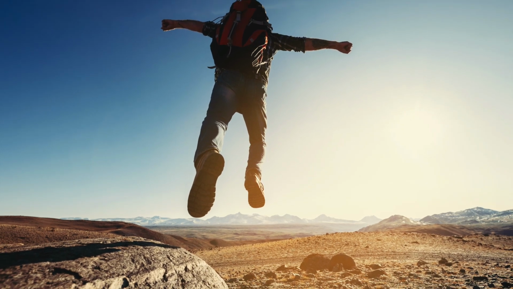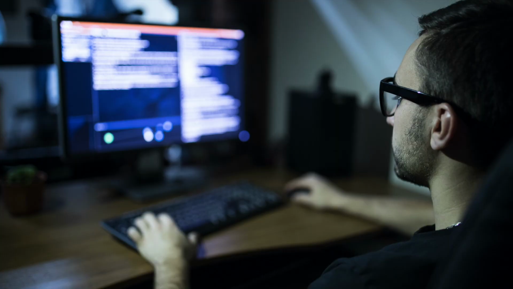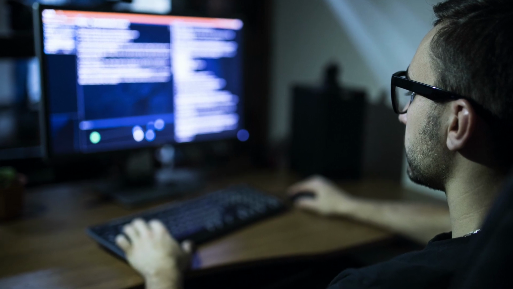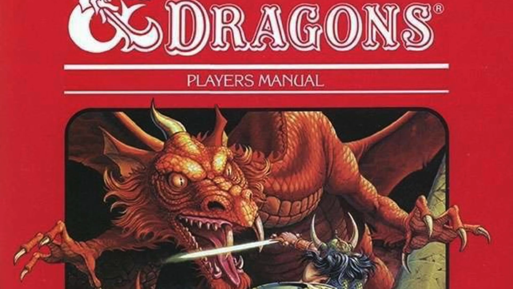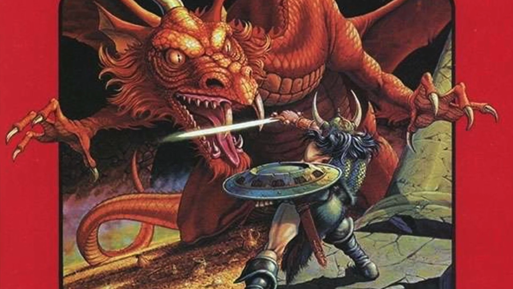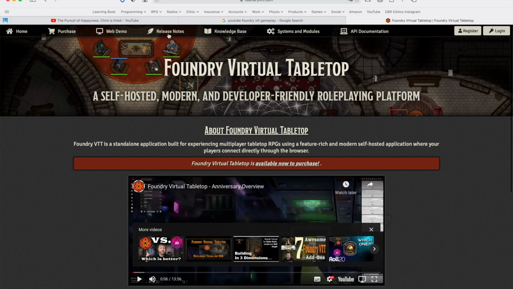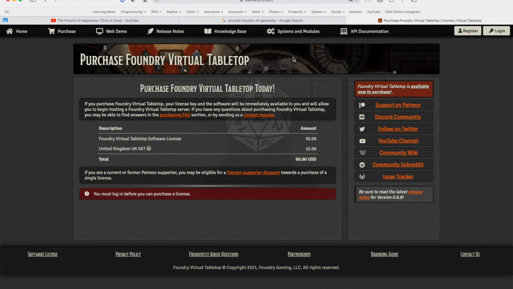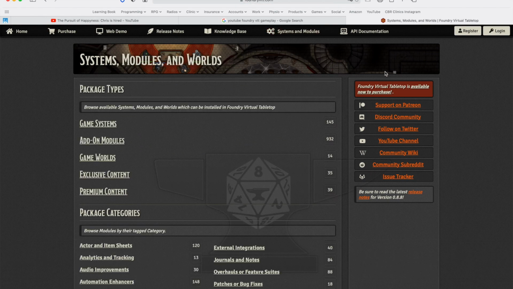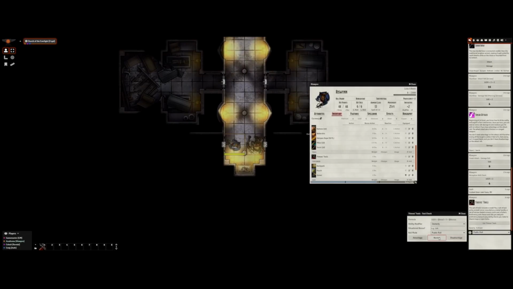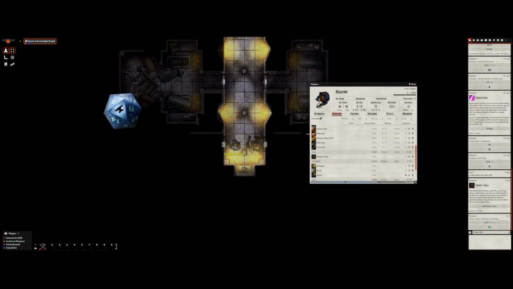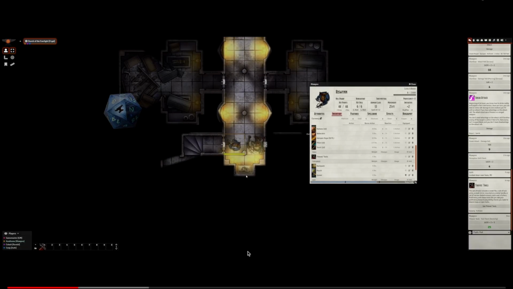So I decided to take the dive and discover if I could become a game dev in a matter of months. It all started a few months ago when I was playing Dungeons & Dragons with my friends and family using Foundry VTT. For those who don't know, Foundry VTT is a virtual tabletop where you can buy and download ready-made adventures from Wizards of the Coast and many more.